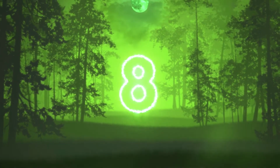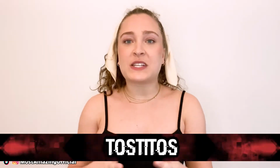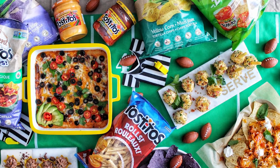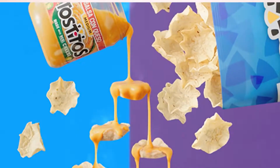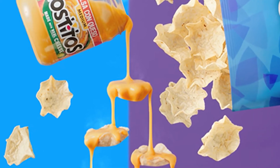In our number 8 spot today, we have Tostitos. Tostitos is one of the most popular tortilla chips and dip companies, which is owned by Pepsi. This is one of those logos where what's hidden isn't necessarily glaringly obvious, but once you see it, you can't unsee it. Upon a first glance, you just see the word Tostitos written out against the usual bright blue background,